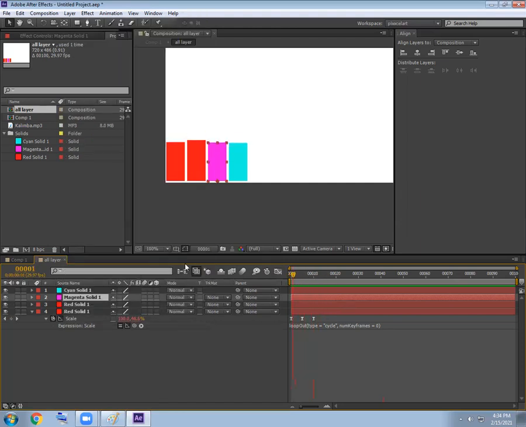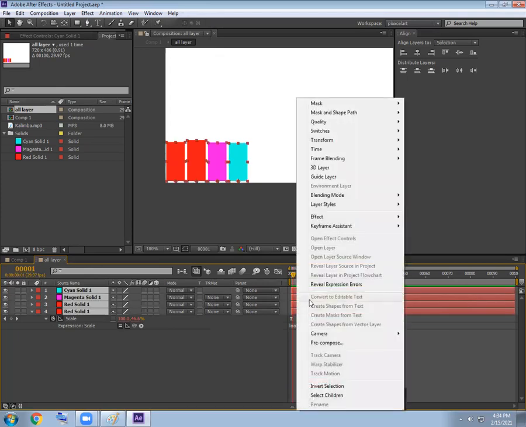Then for the rest, one option you got to know: selecting multiple layers, giving a right click, switching to the pre-composition property. It makes multiple layers into a single layer, and the reason for doing this is to control everyone's scaling in a single take, or everyone's one property in a single take.